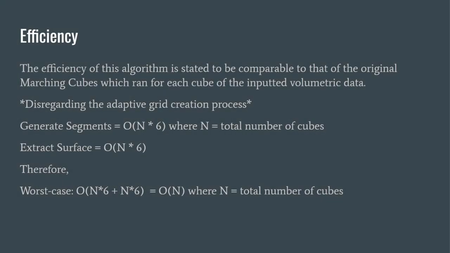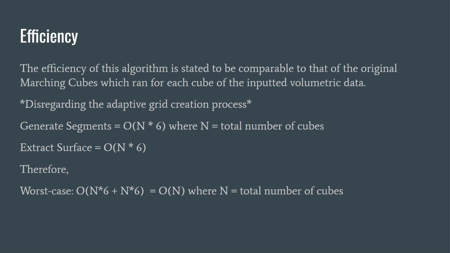With the applications of this algorithm discussed, it is time to analyze how it performs and its efficiency. CMS, or cubical marching squares, is proposed to run comparatively to the original marching cubes algorithm, which ran for each cube of the inputted volumetric data, making it run in O(n) time, where n is the total number of cubes. For CMS, disregarding the adaptive grid creation, as that requires a whole separate algorithm to accomplish,